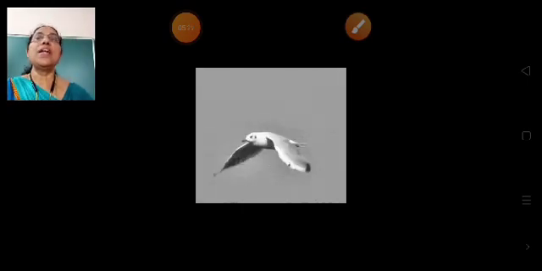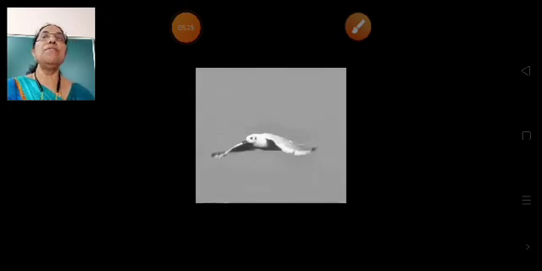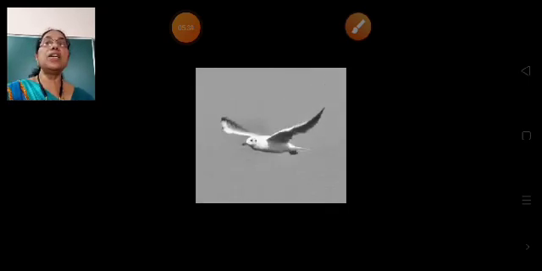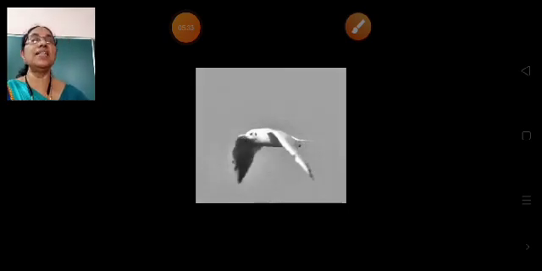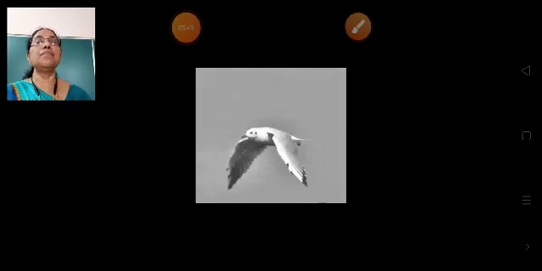Students, I already explained the wing movement of birds, right? The wings move upward and backward, and this movement is called upstroke movement.